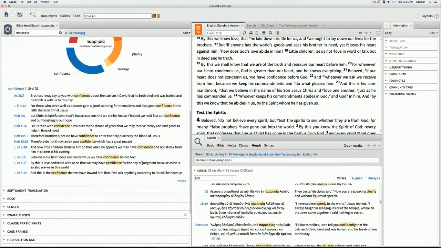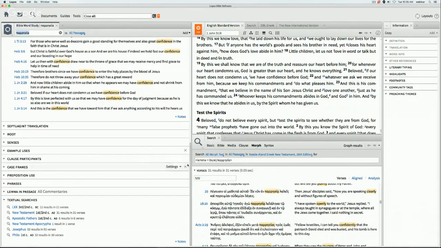And we see that we have confidence in several other contexts here, several in 1 John, of course, but also several in Hebrews. I want to come back to that in just a moment, because it can also help us to identify what are the meanings of this word, or what does it mean when we look